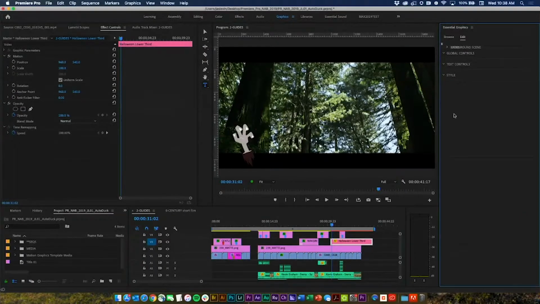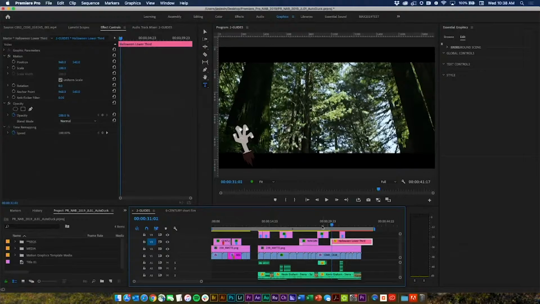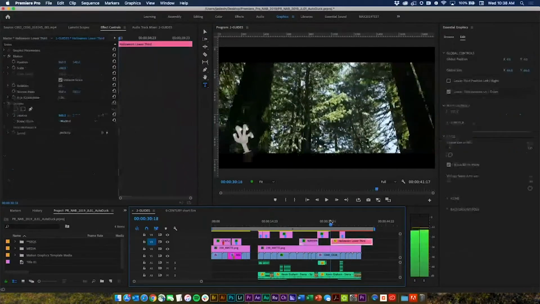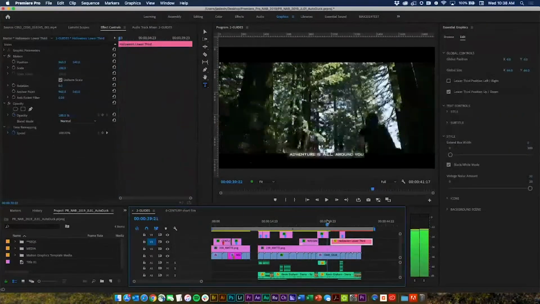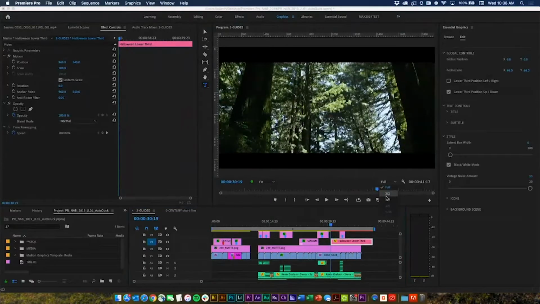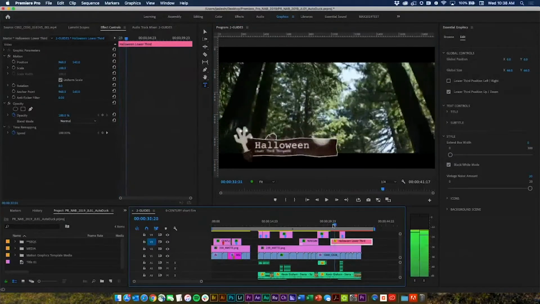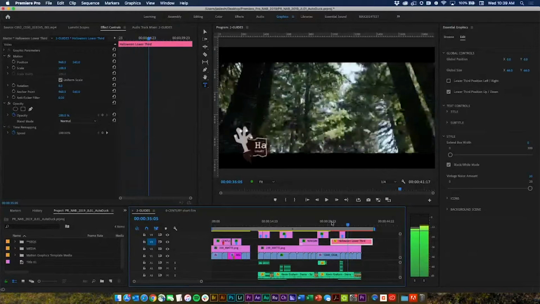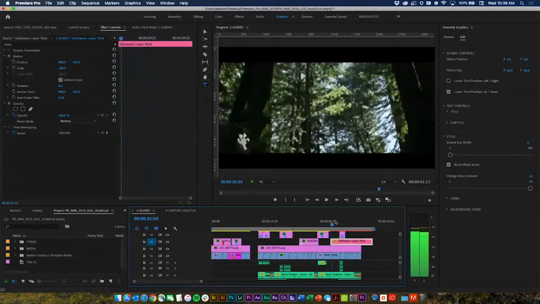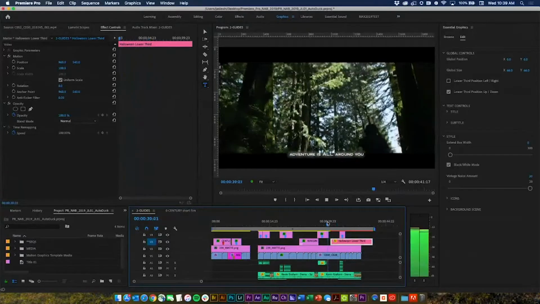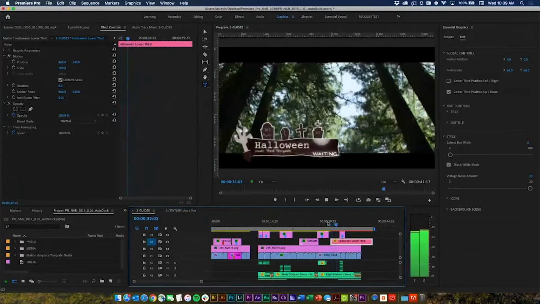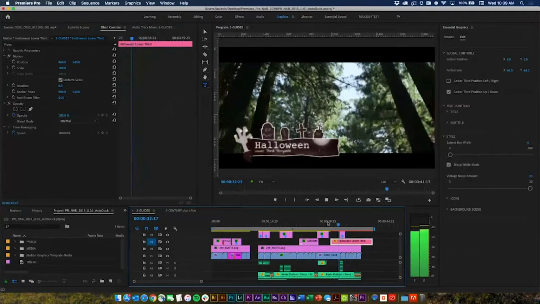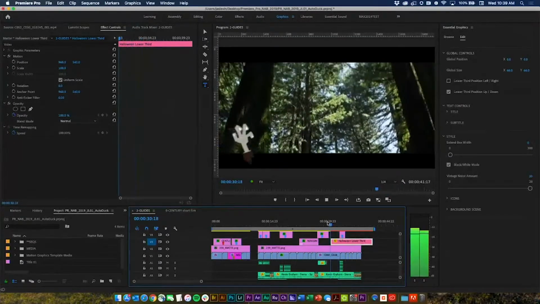So before we even play this back, and by the way, by looking at this, I'm guessing this particular one was created in After Effects. So what that means is that it's actually still caching some of the content here. Just like in After Effects, for those of you who work in After Effects, it is not yet a real-time application in the sense that frames need to be cached in order for you to see them in real time. So you'll notice that as I am scrubbing through this lower third, it's actually caching all those frames. So once I can tell that it looks like it's pretty much real time, if I go ahead and play this back,